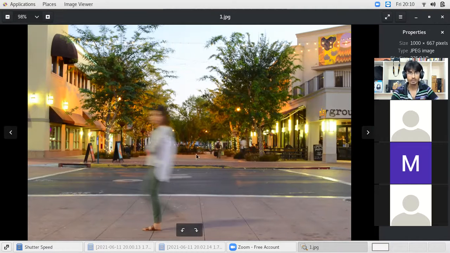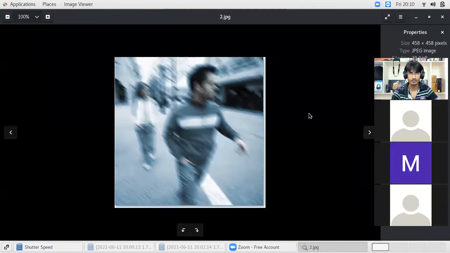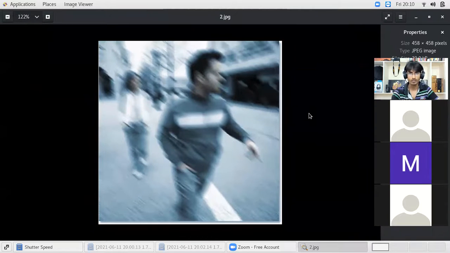This type of photo we get, as usual, at night time, when everything is neat and clean and the subject is moving. We get a photo like this, blur. Similarly, we also get a photo like this when the ambient light is less and we are trying to click a photo.